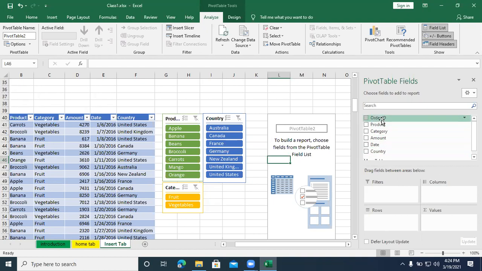One is filters, another one is column labels, another one is row labels, another one is values, sigma values. Filter you already know, whichever you want to hide and highlight, those types of columns can be inserted under the filter.